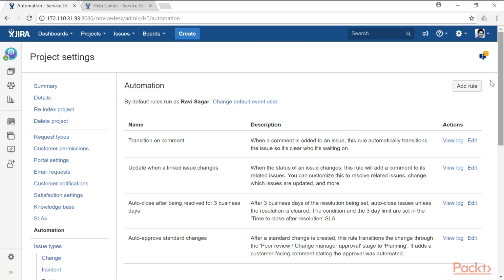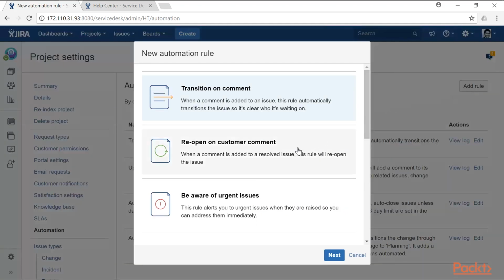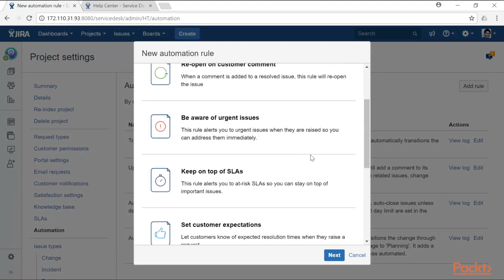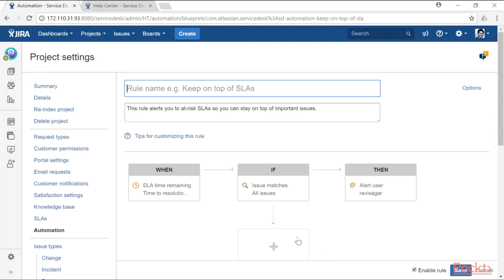Let us understand how we can add a new rule and what exactly is a rule. So automation rules will actually make your life easier. For example, if I click on the add rule button on top, you have the option to take a look at various standard rules. For example, if you want to get notified whenever the SLAs are about to be breached, you can select the rule called keep on top of SLA,